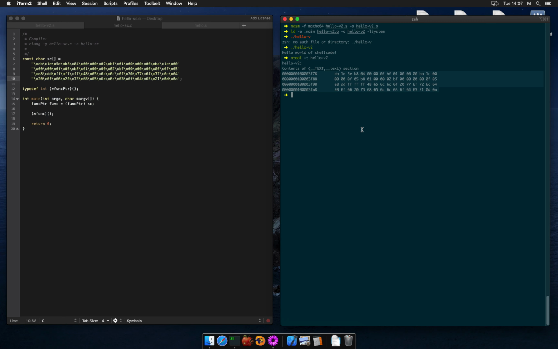Then compile. Great! Notice that now we have the message printed. Next, let's examine the application in the LLDB debugger to see how that small change made the code position independent.